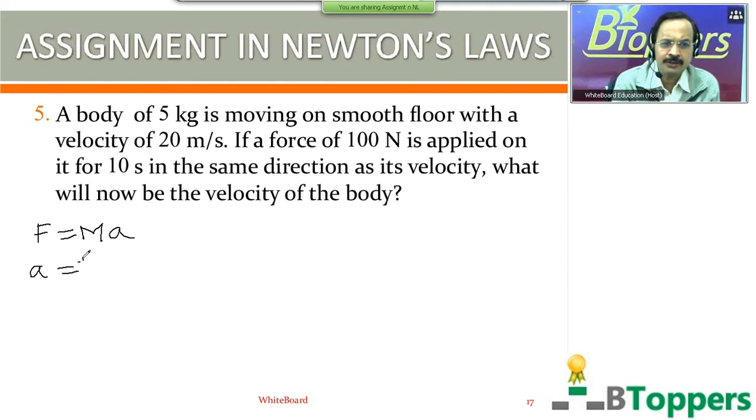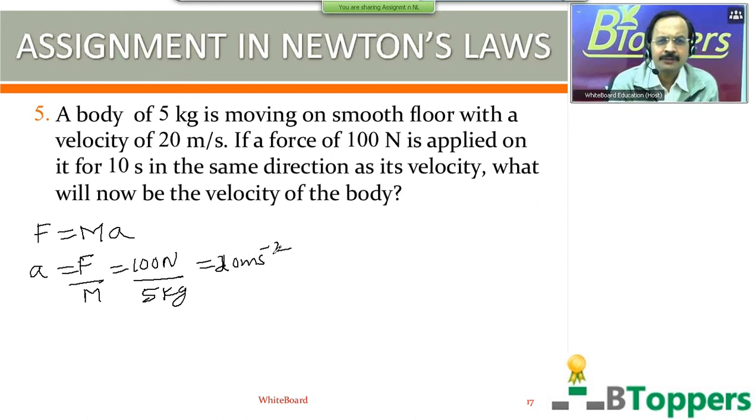The acceleration of the body is equal to the external force on the body divided by the mass of the body. The external force on the body is 100 newtons, and the mass is 5 kg. So this will be equal to 20 meters per second square. You have to find the final velocity of the body